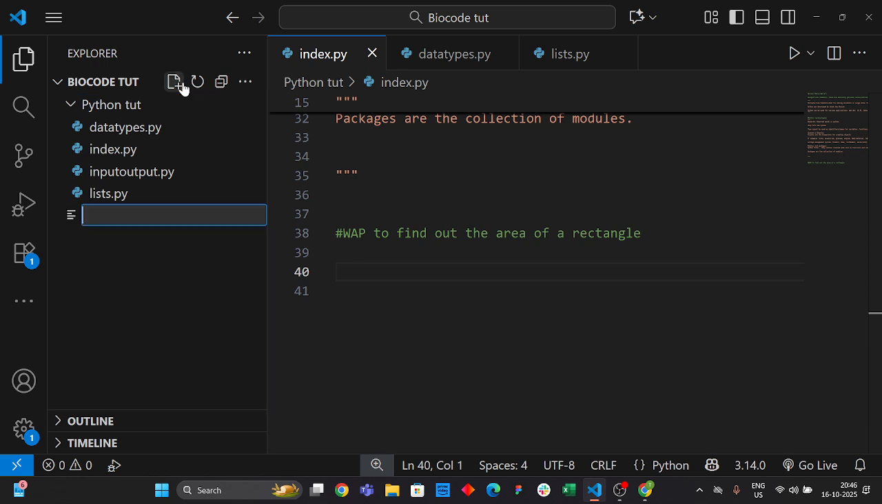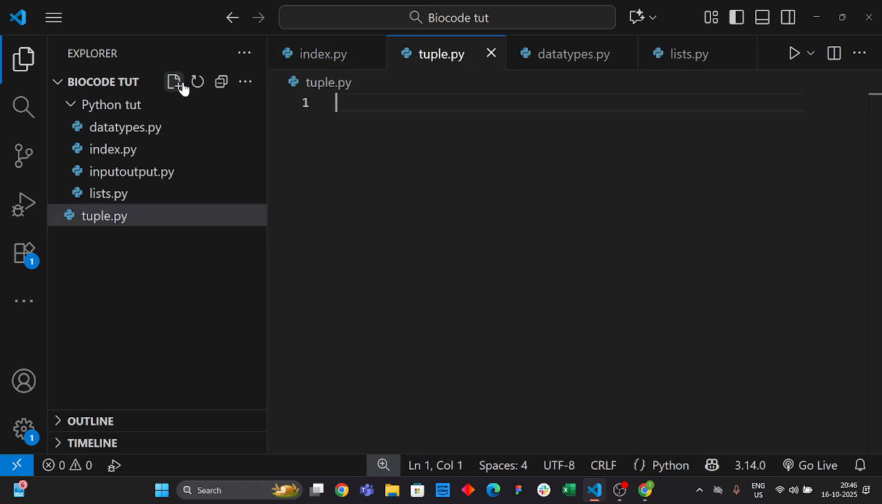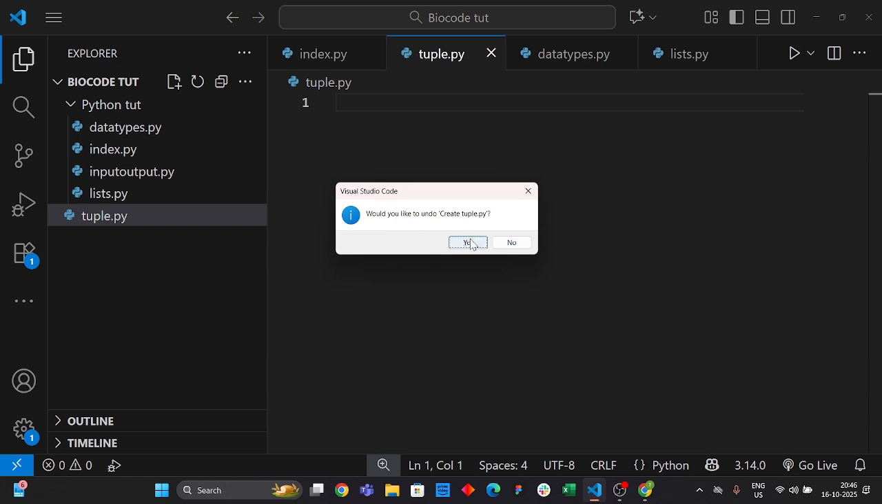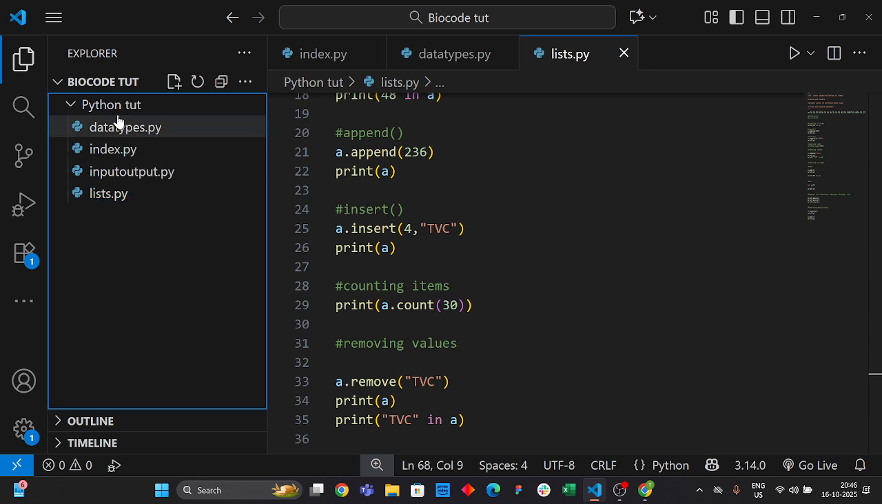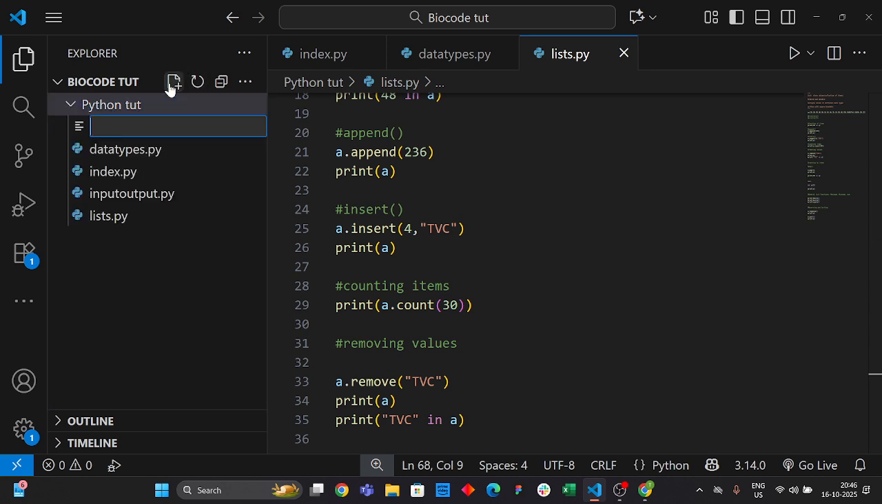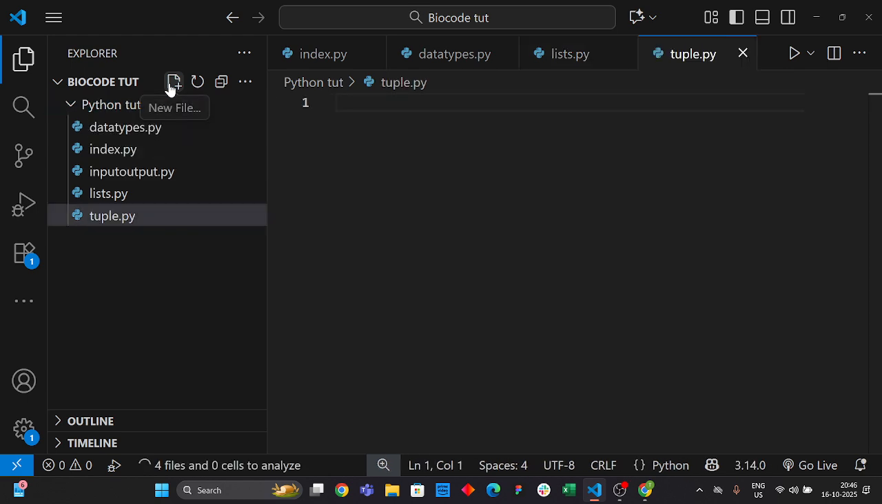We have done lists, and today we will go first with tuple. Python tuple.py. So first we will learn about tuples, and we will actually learn three things today mainly: tuples,